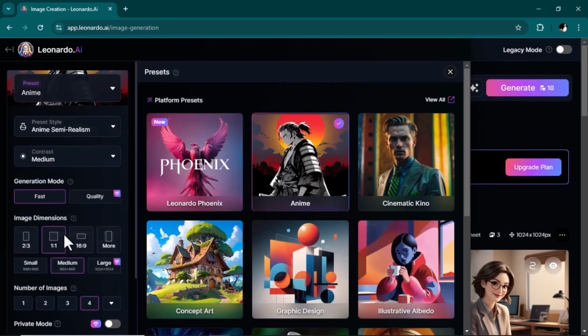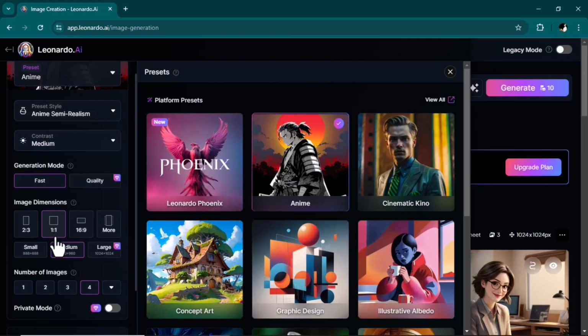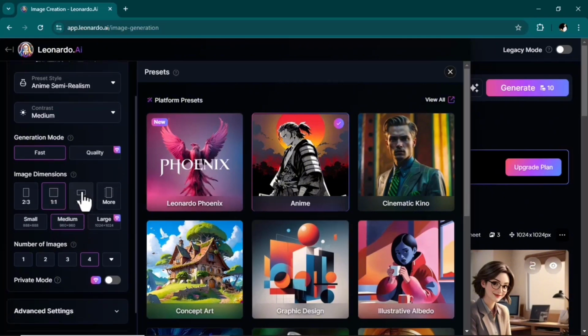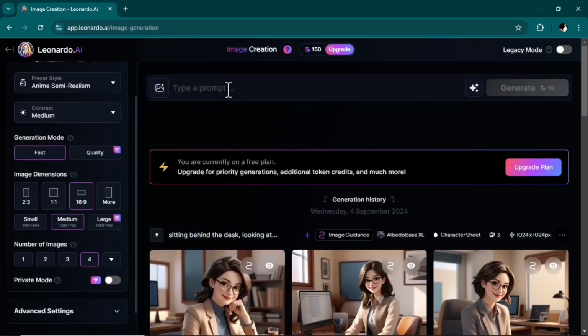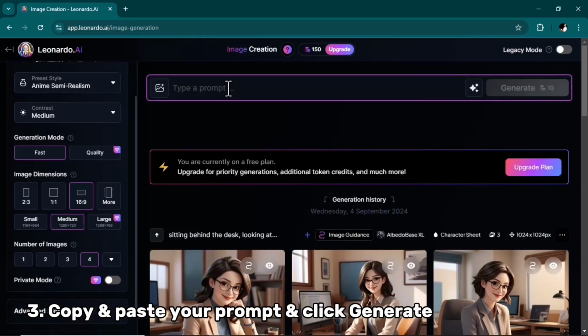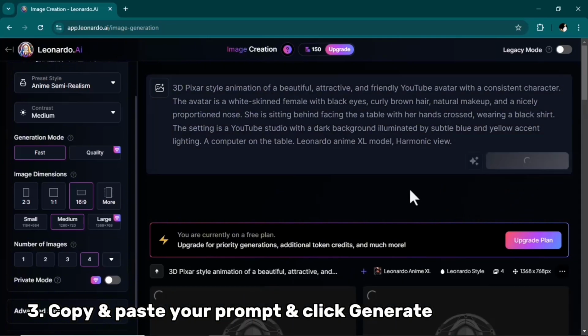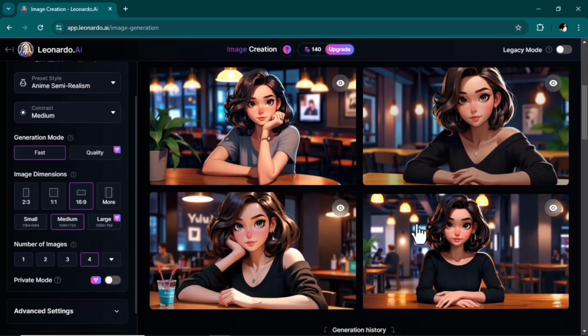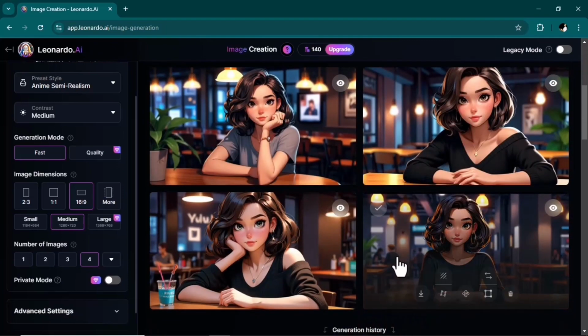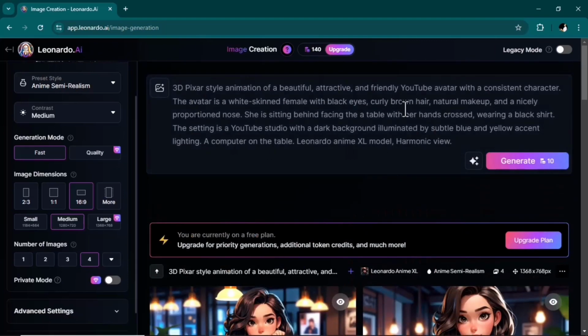You can also select your image dimensions. I will select 16 by 9. At the end, I will click here to close this window. Now copy and paste your prompt here. Click on the Generate button to create your first photos. There we go. If you don't like the images generated, you can keep editing the prompt